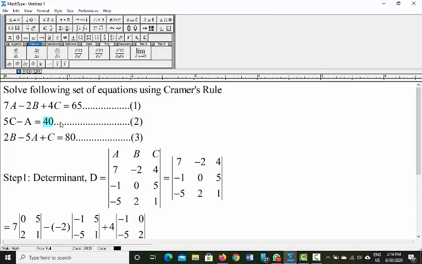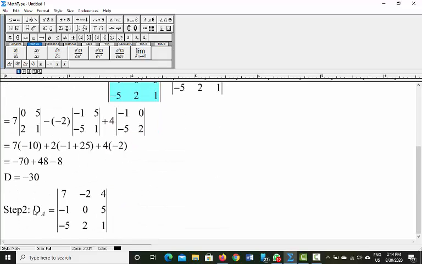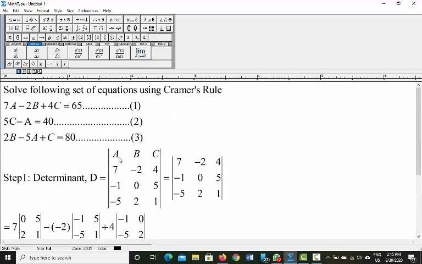So, repeating again, we have already calculated the determinant for the coefficients, that means D. Now we want to find dA, the determinant for the variable A. That means the coefficient column of A